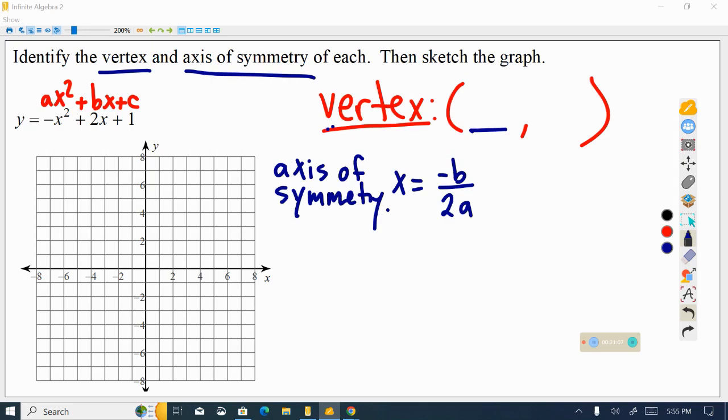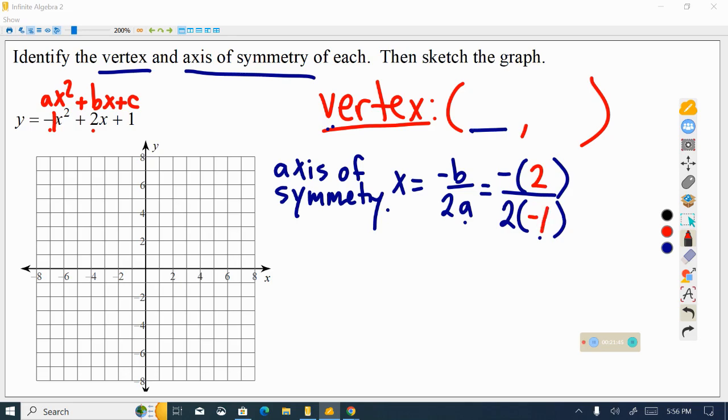So let's do our calculation. As I told you, we want to copy the negative and then put a blank parentheses everywhere where we see our variables. So I'll copy the 2, but now that I see a variable, I'm going to put a blank parentheses. Now let's go plug our numbers in, okay? The value of b is 2, so we put a 2 here. The value of a is not 0. It's an invisible negative 1. When we see a negative, we should know that that's a negative 1. And so here, we're going to put